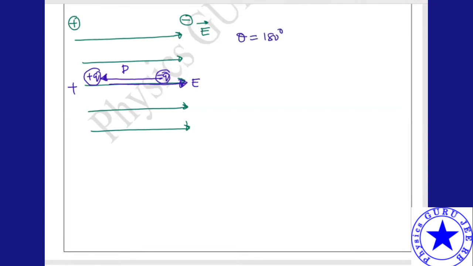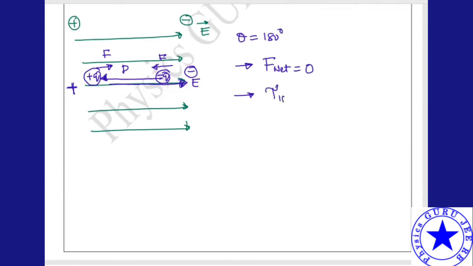So what are the things that I can write? First thing: if you take negative and positive, the net force is anyhow 0. Here it is positive, here it is negative. The positive charge will get repelled, this is the direction of force F, and here it is the direction of force F. Both are opposite in direction. So the first observation: net force is equal to 0.